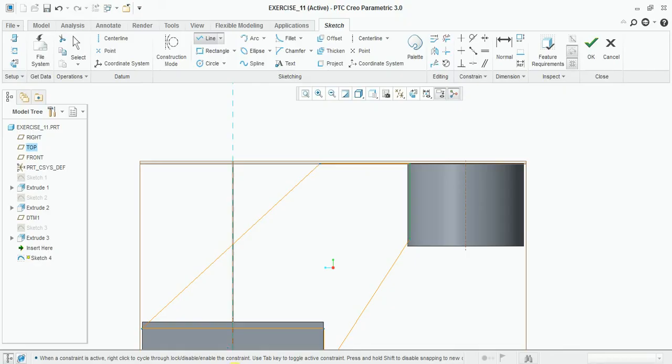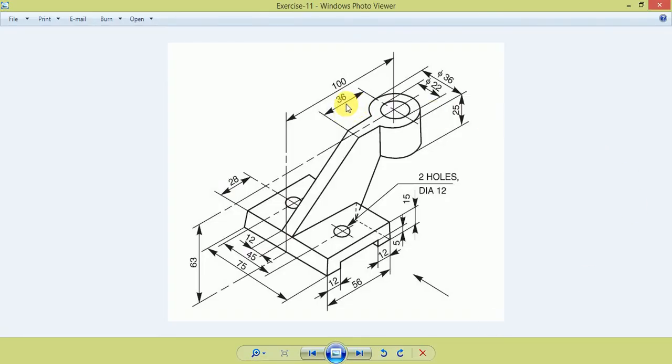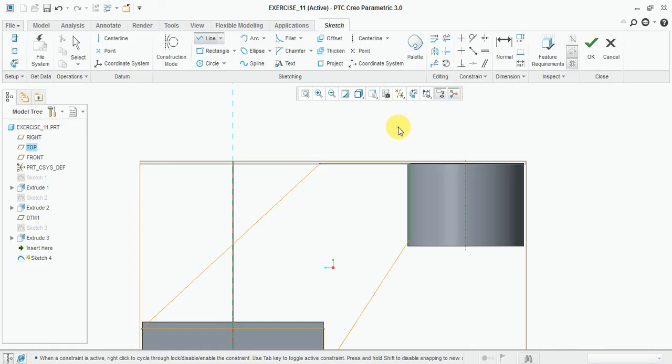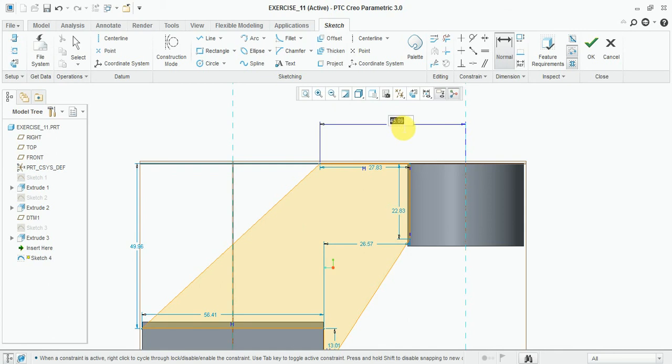Now use the dimension 36 mm from this center line, this edge, and remove the thickness 12 mm. Give the dimension 36 mm.